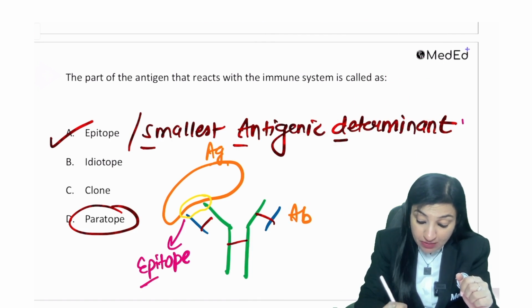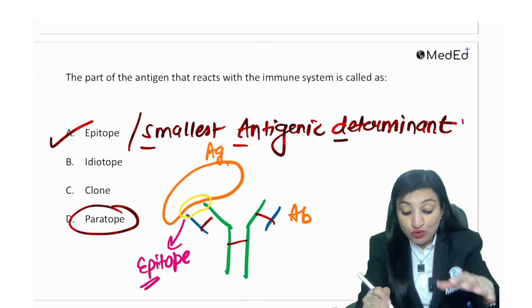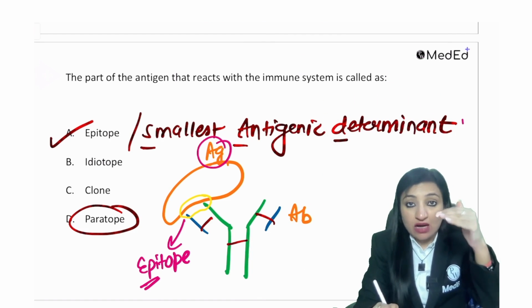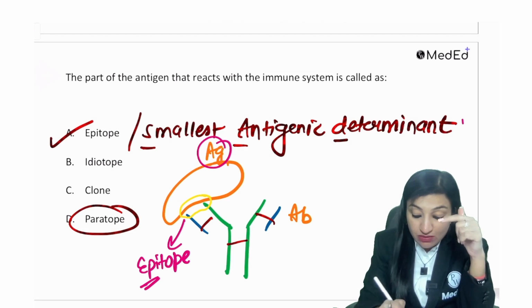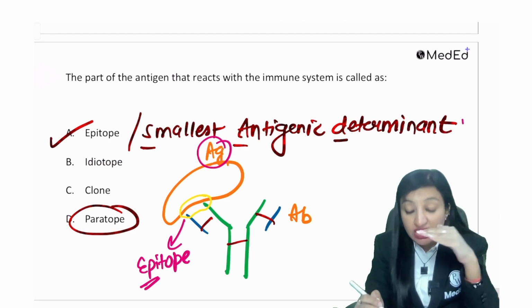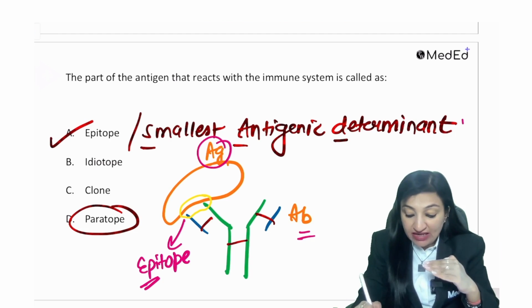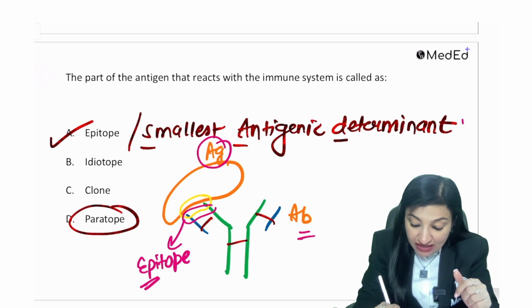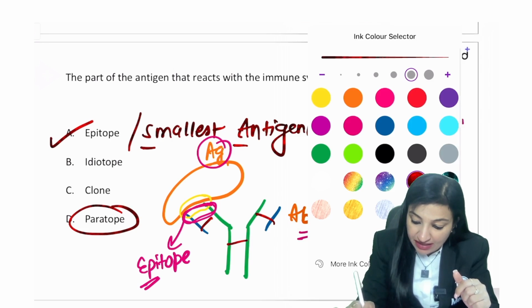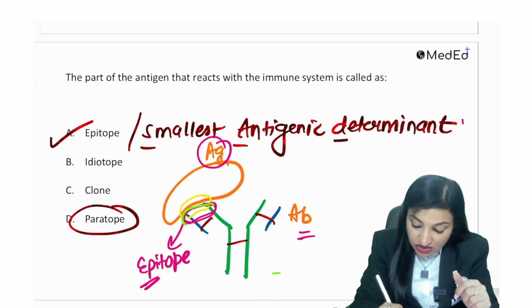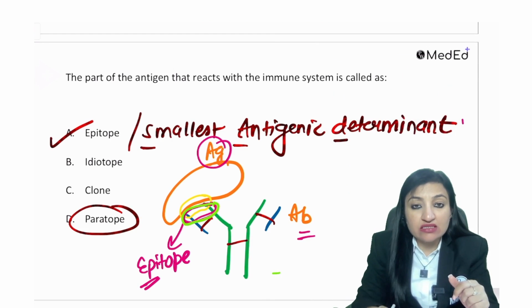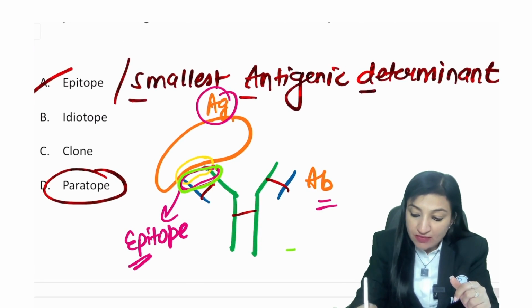So this very portion is what? Epitope. Now epi means what? Epi means upper, on top. So what have I drawn on upper? I mean above, it is the antigen. So remember, epitope is present on the antigen, and at the bottom I have drawn the antibody. So this part of the antibody, somewhere over here, which I have encircled in a light green color, this is nothing but the paratope.